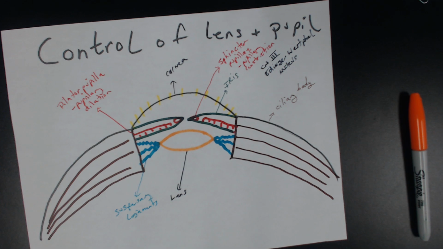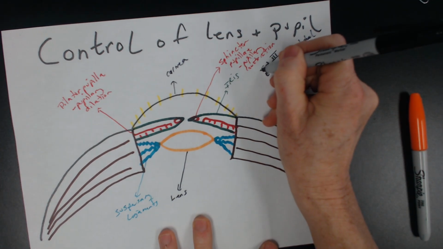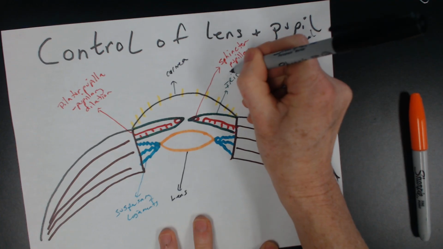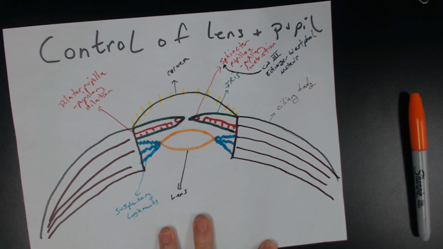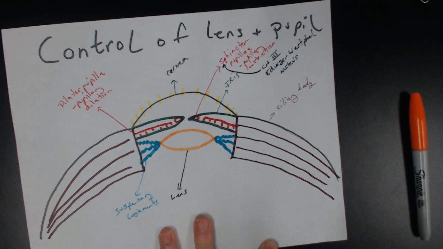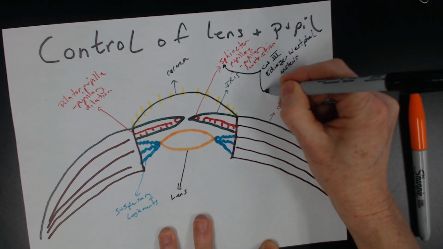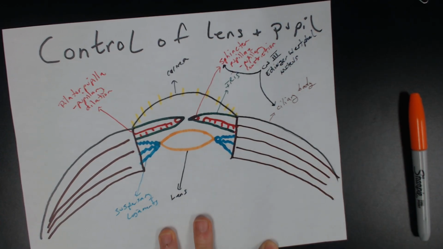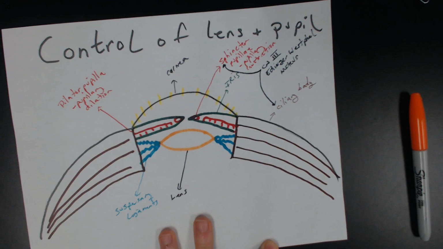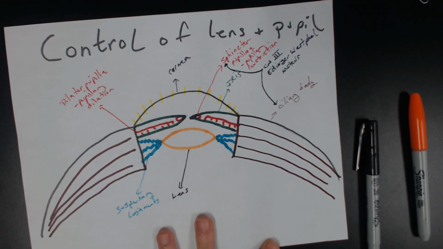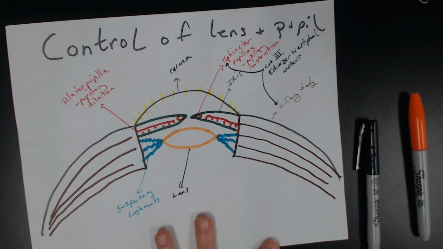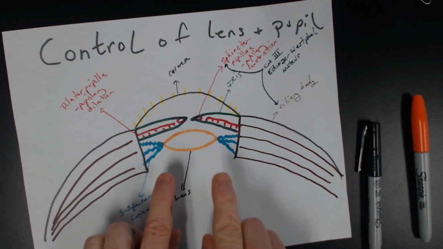And the Edinger-Westphal nucleus is responsible for innervation of the sphincter pupillae, causing pupillary constriction, as well as the ciliary body, causing lens accommodation. There's a video at the end that will talk a little bit more about lens accommodation, but essentially,